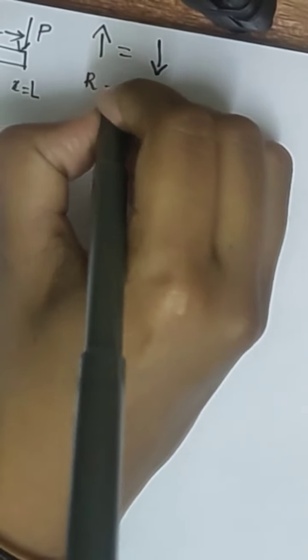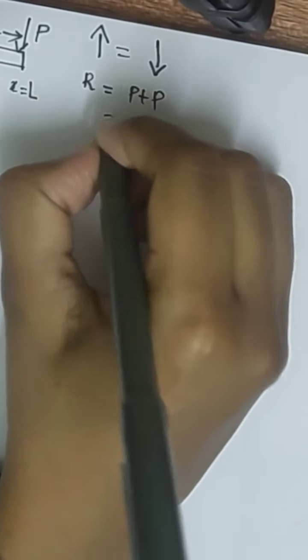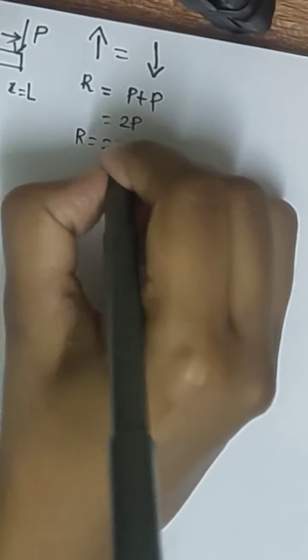Okay, here I'm going to find from the free end, x equal to 0 to x equal to L, we want to calculate. So there is a reaction R at the point. Upward force equals downward force. Upward force is R and downward force is P plus P, which is 2P. So R equals 2P.